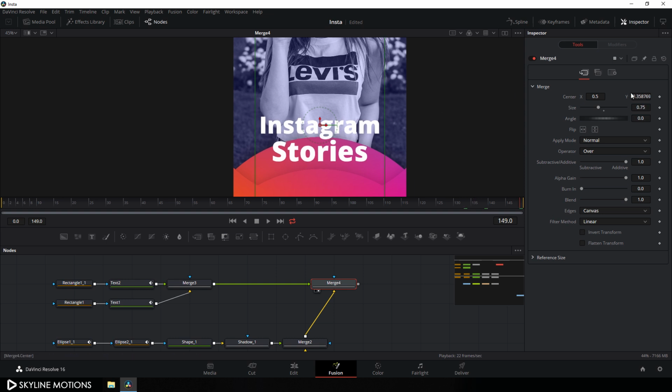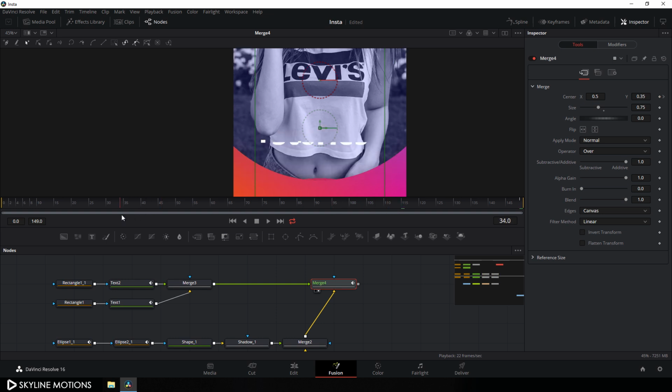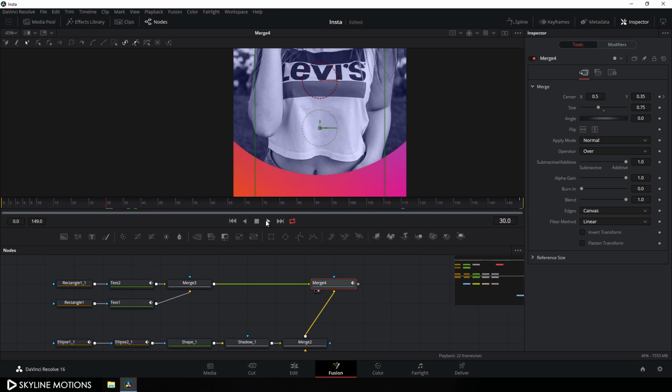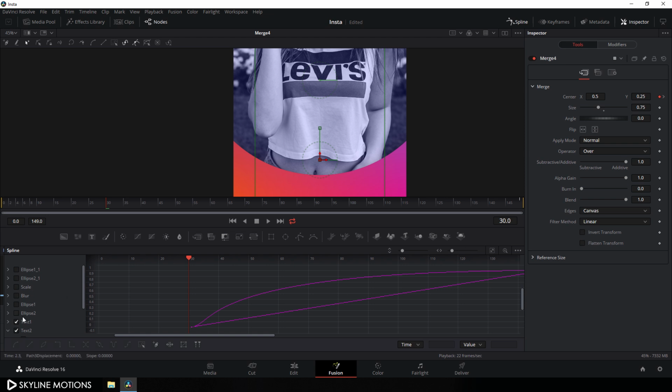And go to the end of this animation and set this value 0.35 maybe, and right click on center, click on animate, and go to frame number 30 which is equal to 1 second, and just drag it down and set this Y value something around 0.25, hit enter, and go to spline window, hit F4 to full screen, and uncheck this text 1 and text 2 also, and check this merge 4 only,